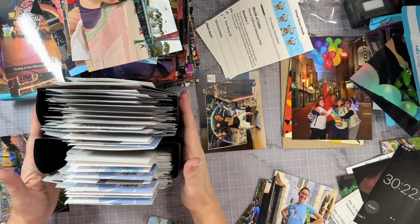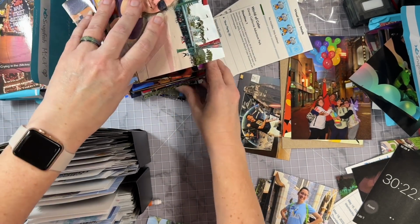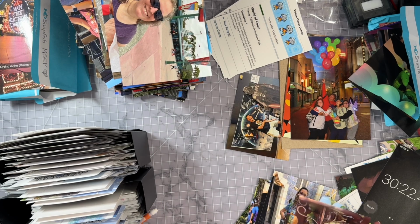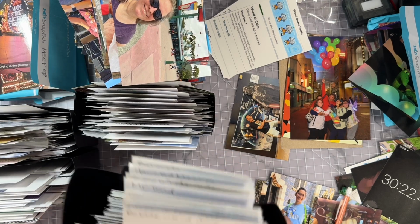Okay, so here we are again, a few hours later. I still have my whole big stack of California Adventure, which I haven't done anything with, but I have most of my Disneyland photos sorted into 4 of these little power sort compartments. And you can see I just